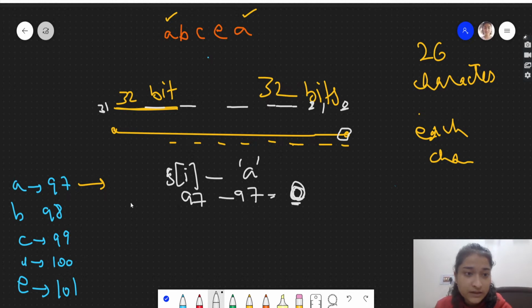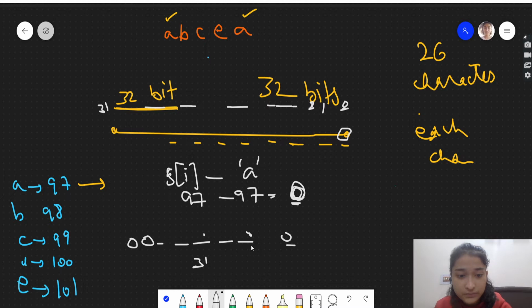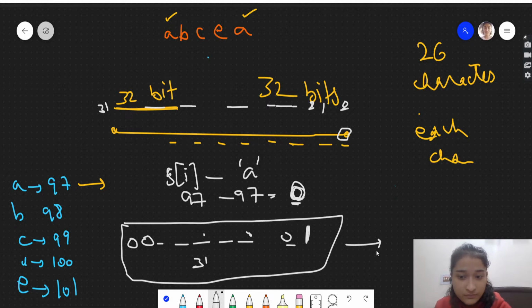All of these 31 places will be 0, and in order to represent a, there will be a 1 over here, in the 0th bit. Why the 0th bit? Because 97 minus 97 is 0.